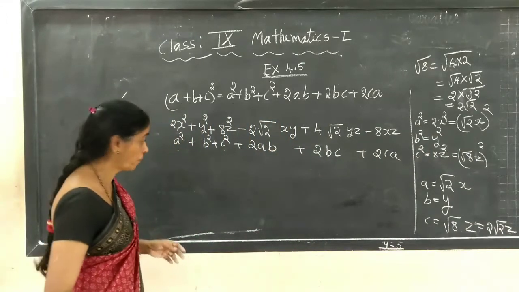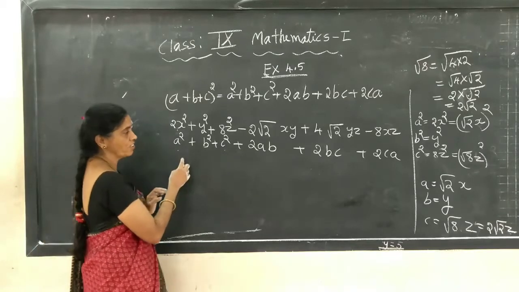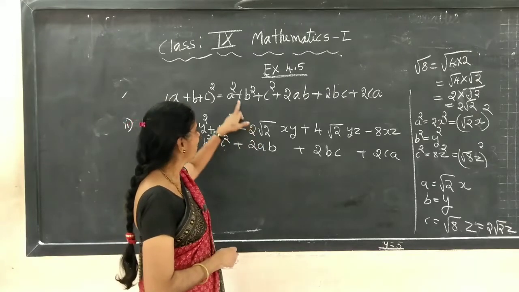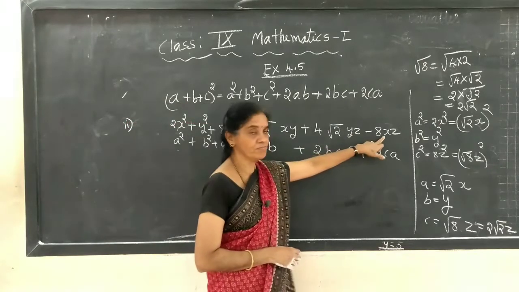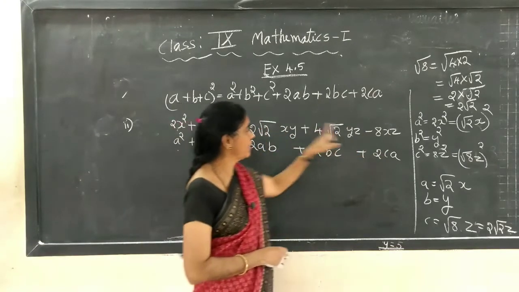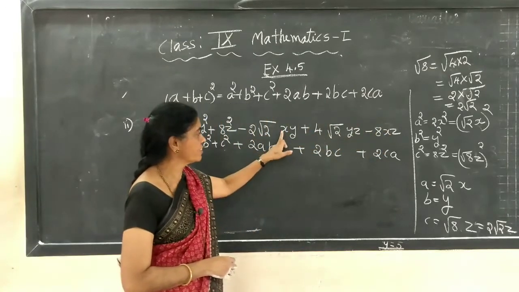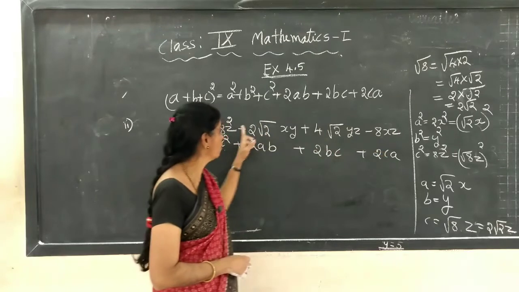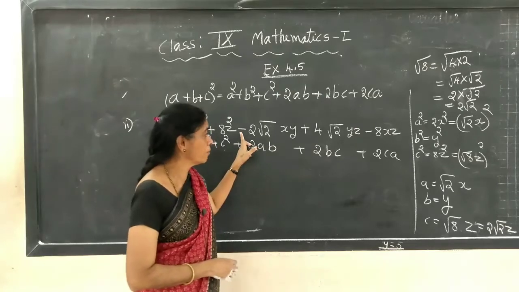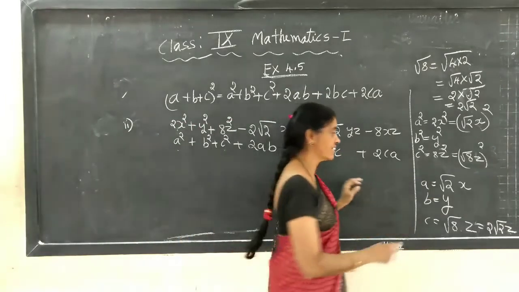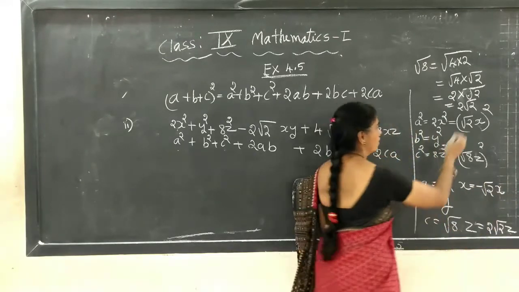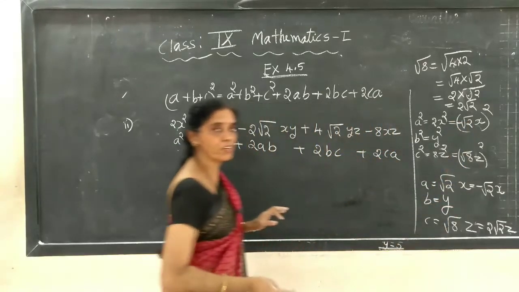Okay. Now come to the problem. Before writing a, look at the first term and last term. The first and last terms are negative. Which variable is common in the first and last terms? Here it is xy, here xz, so x is present in both, and the sign is negative. So a you have to take as a negative number: minus square root 2 x. Now you will get the answer.